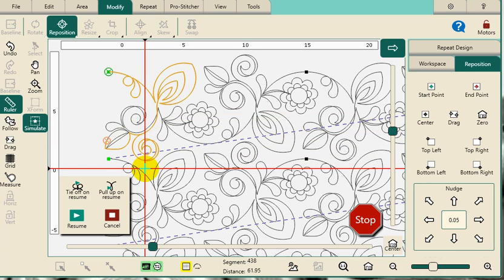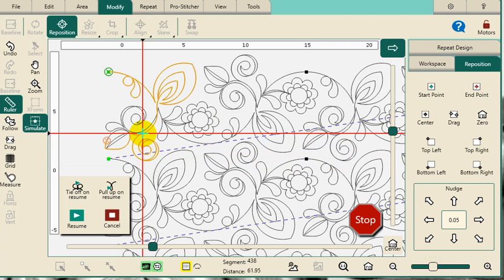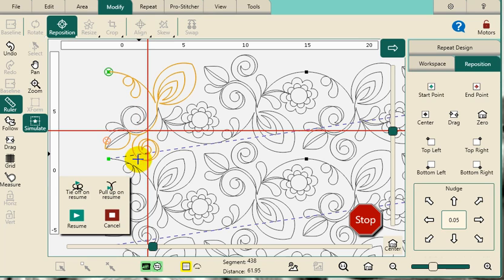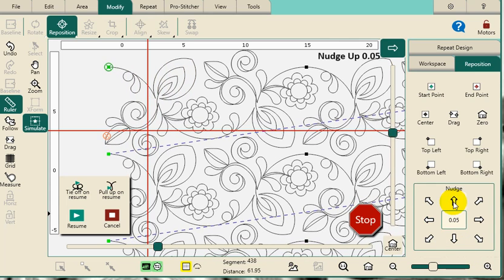So let's say we realigned, and right there is where that little bend in the loop-de-loo, the little swirl is. So we need to bring our quilting design up to this area and then start to resew. So we'll use our nudge tools. I'm going to nudge that design up,